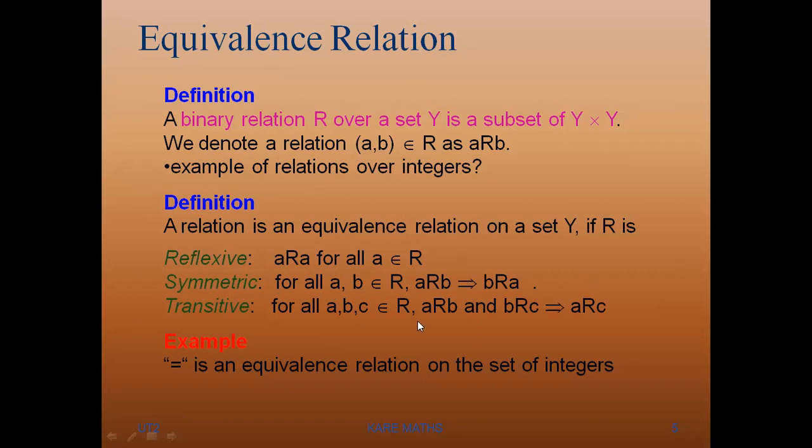A, B, C. I'm just taking: if A is equal to B and B is equal to C, then what is the result? The first number is equal to the second one and the second one is equal to the third one, which means automatically the first one is equal to the third term. So the first term is equal to the second term, and the second term is equal to the third term. Hence, the first term is equal to the third term. Here for this R, we are just using an example as an equality relation. This is a relation on the set of integers.